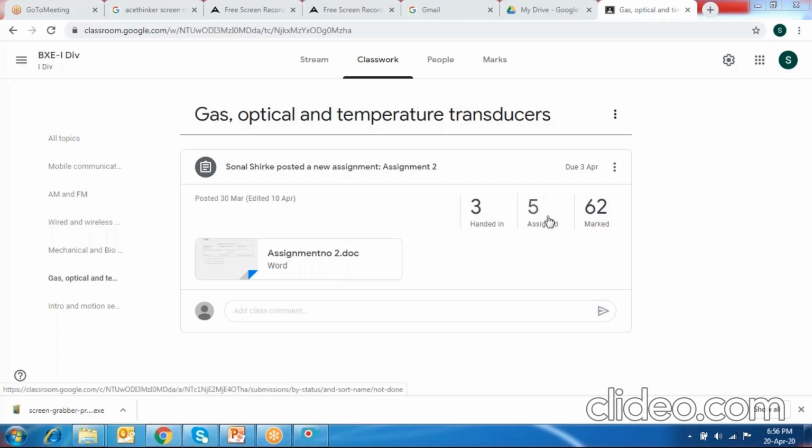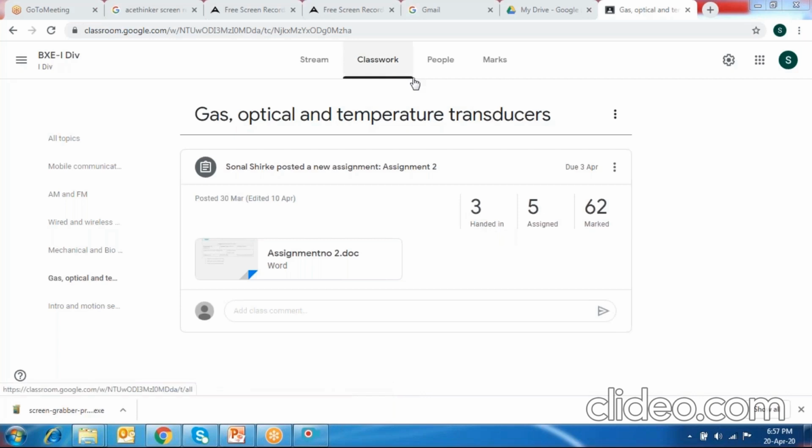So 70 minus 5 gives me 65, and out of those 65 students, I have evaluated the assignments of 62 students, and I am yet to evaluate the assignments of 3 students where it is mentioned as Handed in. That is the interpretation of all these 3 words. Is this clear? Yes, ma'am.